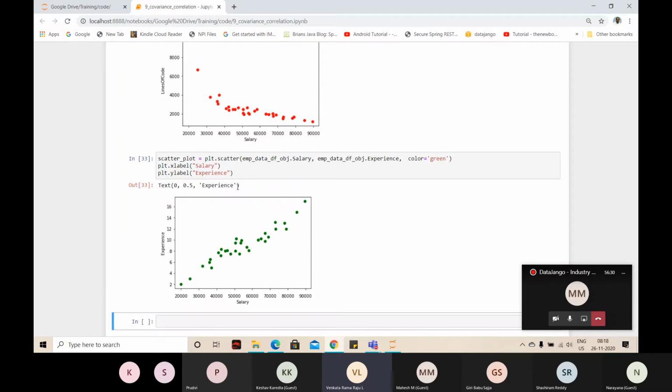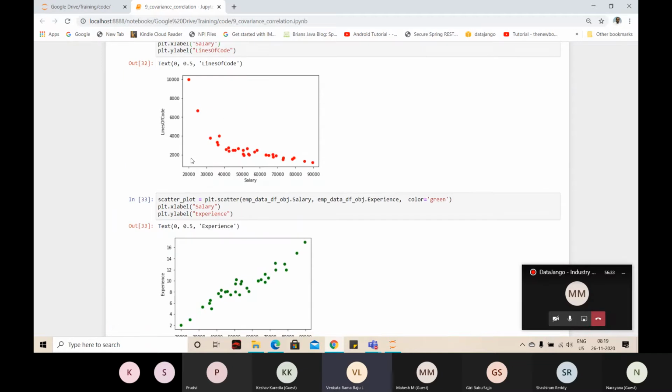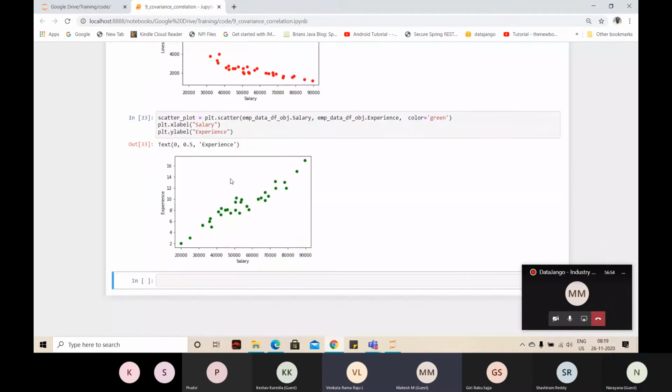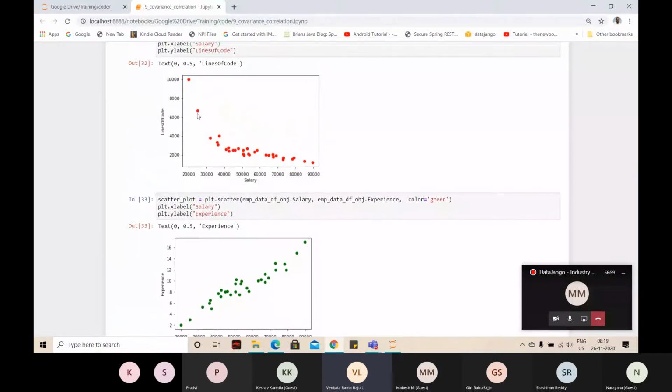See that? If you look at this, lines of code is reducing with the salary increase. It looks like when you raise the salary, people are reducing coding effort. Is that true? In reality, is that true? When you increase salary, people reduce coding? Maybe it's based on experience, but not necessarily. Yes, right. So the confounding variable is experience, not the lines of code. When you look at the relationship, it looks like that.